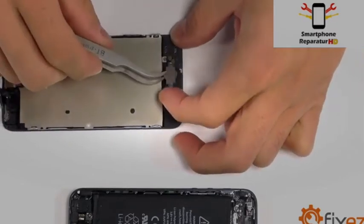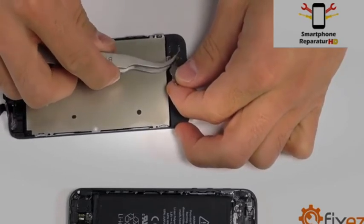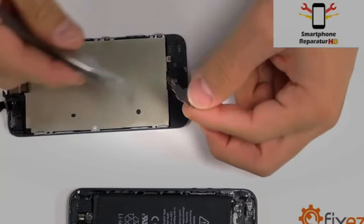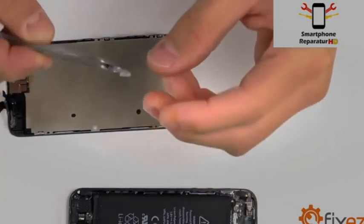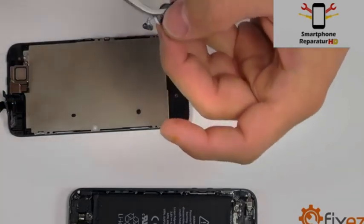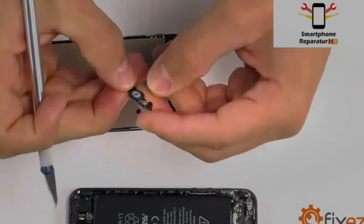Be cautious when peeling up our home button assembly, as it is secured with a small amount of adhesive. Your home button assembly consists of 2 pieces, which is the button itself and the back plate. If your replacement part does not come with the home button back plate,